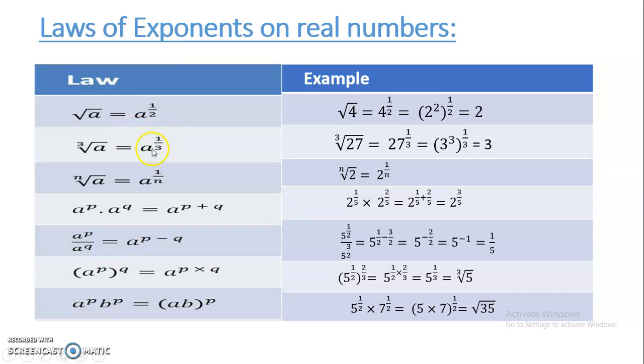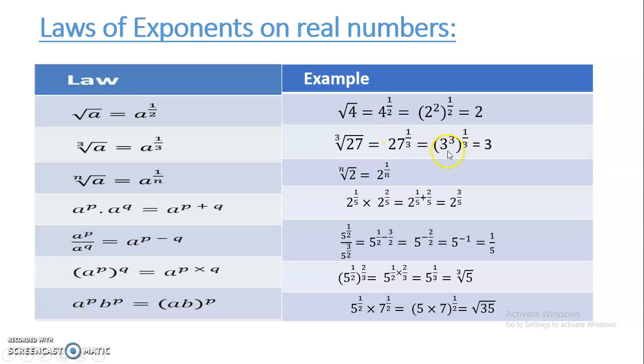On the other hand side, like it is done over here and here also, any number, suppose it was 4, 5, 6, you have to just remove that number and put it in the fractional form over the number. So if the number is 27, in this case in the cube root there is 27, so you can remove this cube root and you can put 1 by 3 over here.